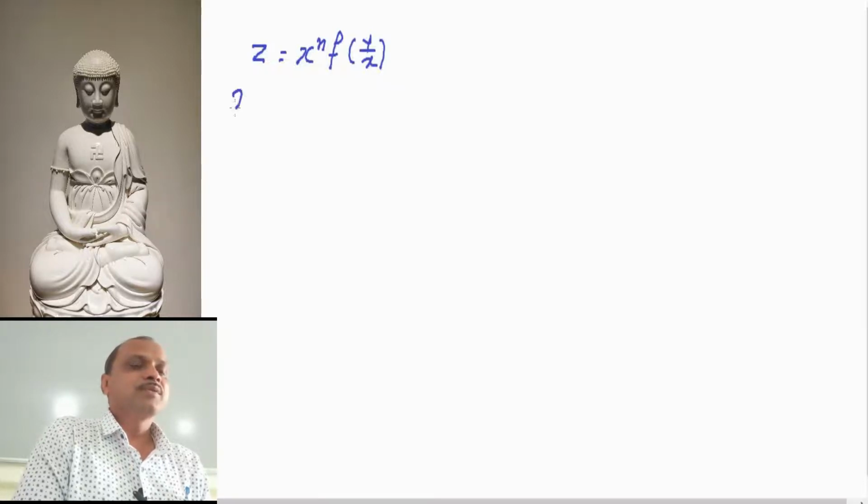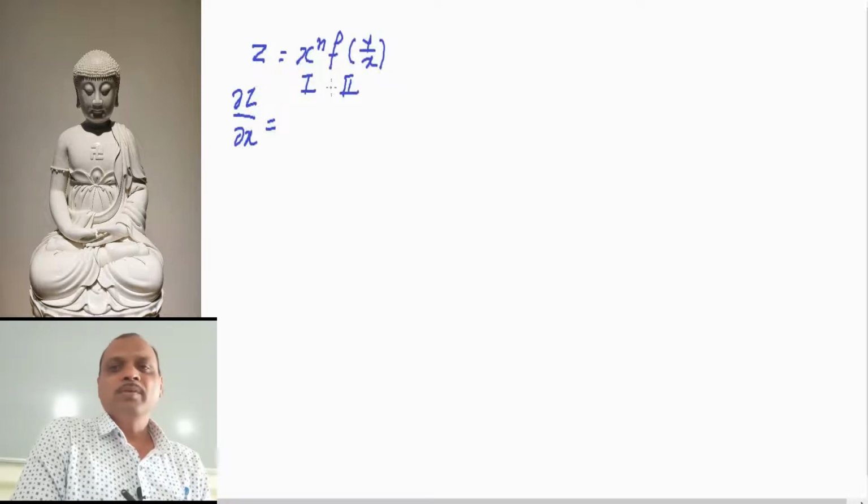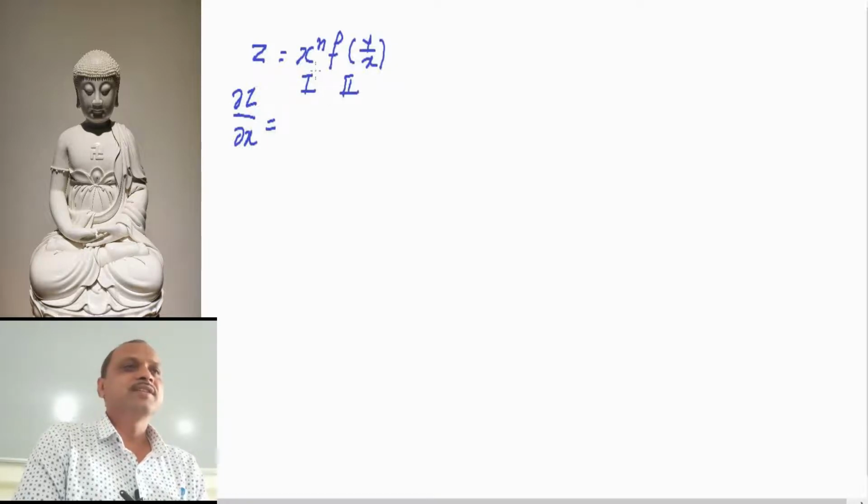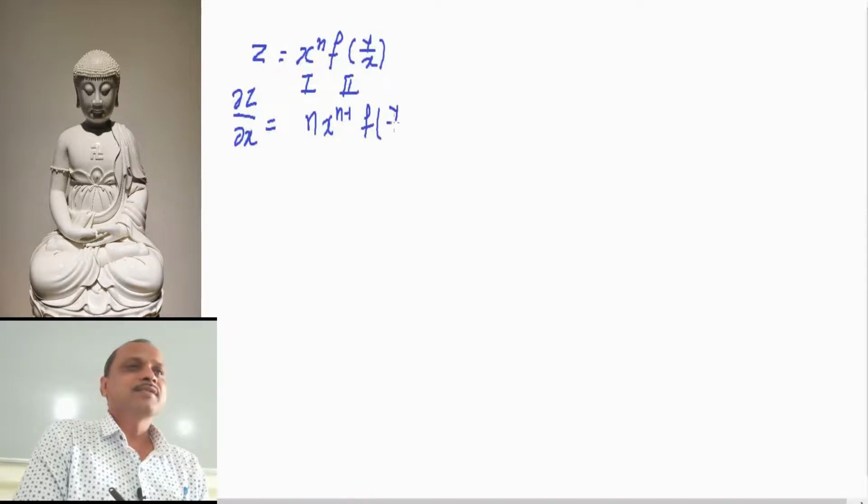Differentiating this with respect to x partially, we get del z by del x equal to del z by del x. Now you can see that this is my first function and this is a second function. Now we apply the product rule to differentiate this. Derivative of the first function with respect to x is n into x raised to n minus 1, second term as it is, f of y divided by x, plus x raised to n into derivative of f